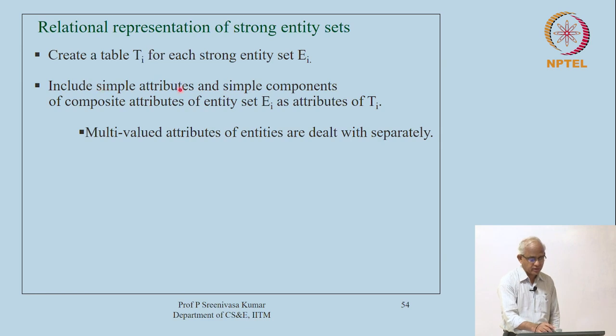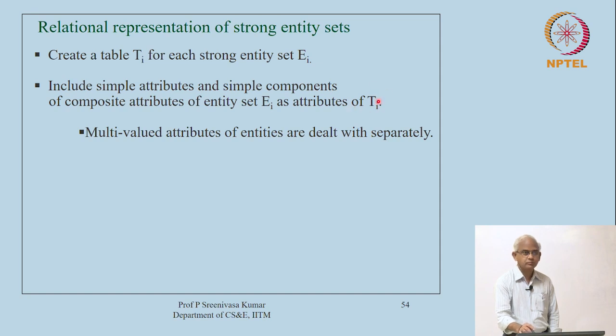So, we will take the simple attributes, and then if there are composite attributes, what we do basically here is to take the simple components of those composite attributes. Okay. Each of these composite attributes has components, right. And that component itself can again be composite, right. And so, we go to the leaf level in some sense and pick up all the simple components of all these composite attributes, and those names alone will be the attribute names for the